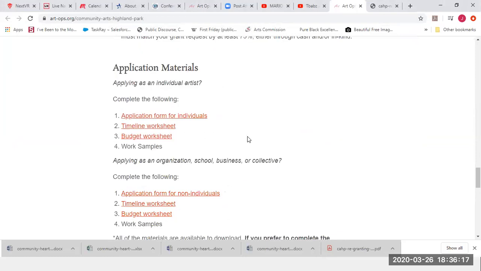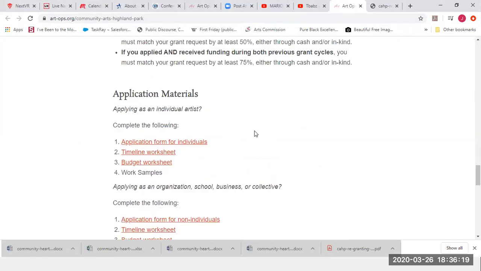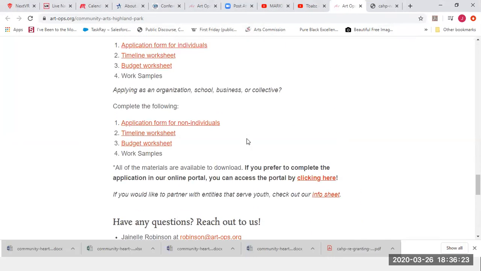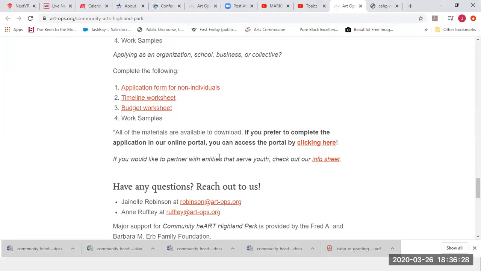One of the things that we do want to talk about, if you have limited access to the internet, or you're just having a hard time downloading and stuff like that, let us know, and we'll brainstorm with you about how to get your application done.